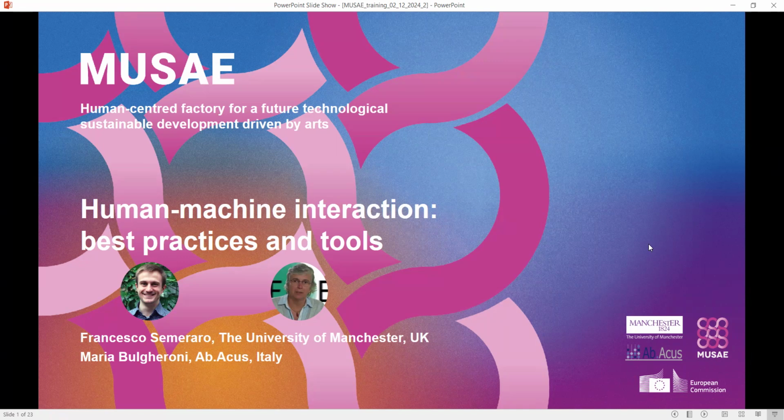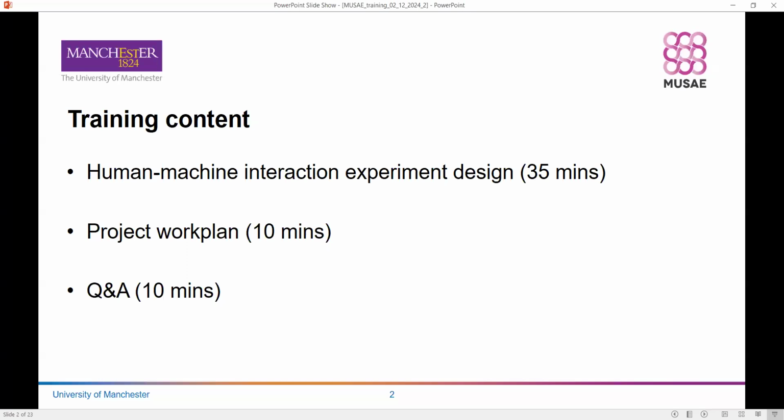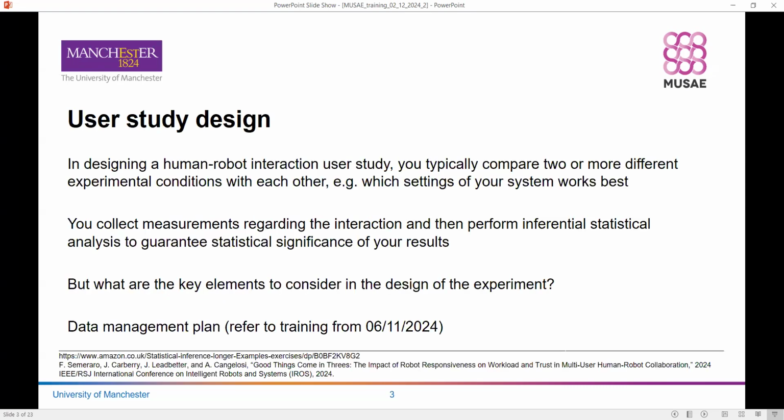So I'm not going to delve much into the training content because it was already introduced by Blanca, but I'm going to start talking about human-machine interaction design first. Then Maria will jump in talking about project Workplan, and there's going to be a Q&A session at the end of the presentation. So we are starting to talk about user study design, and this is a very important part